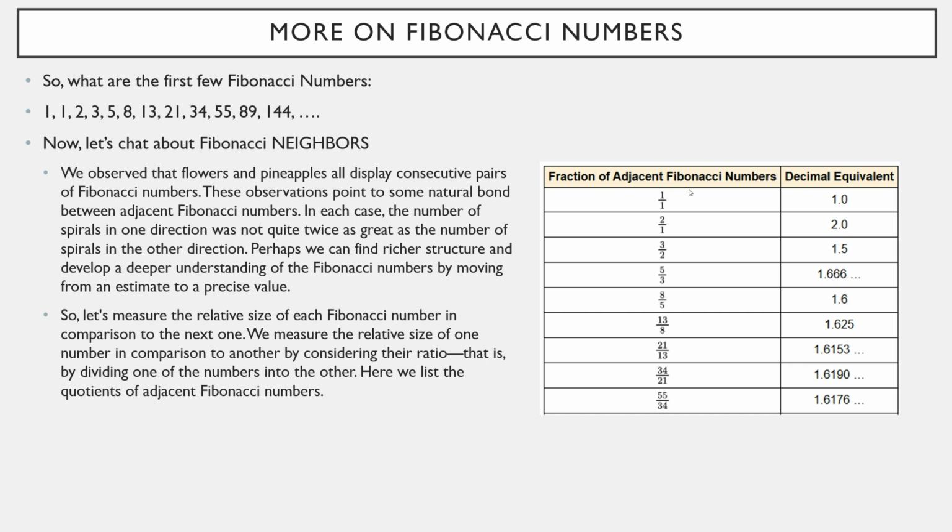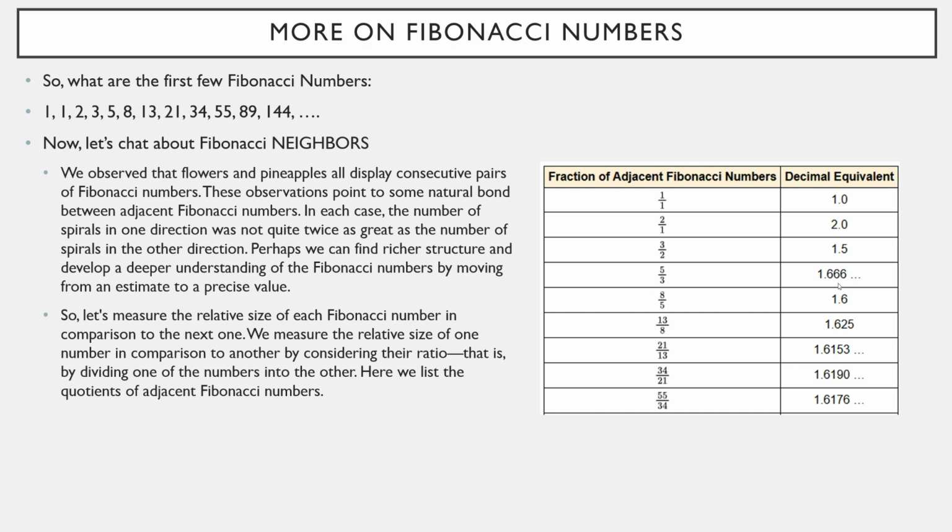So 1 over 1 is 1. Then we're going to go 2 over 1. That's 2. Then look what I'm doing: 3 over 2. It's 1.5. And watch them. 5 over 3 gets you 1.6 repeating. And if you kept doing this, 8 over 5, then 13 over 8, then 21 over 13, then 34 over 21, 55 over 34, and you keep doing it,